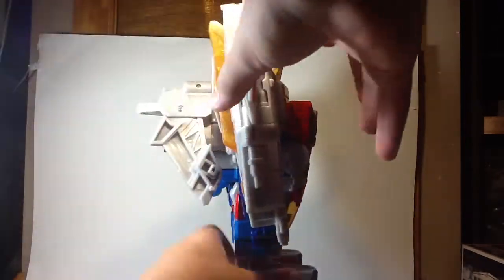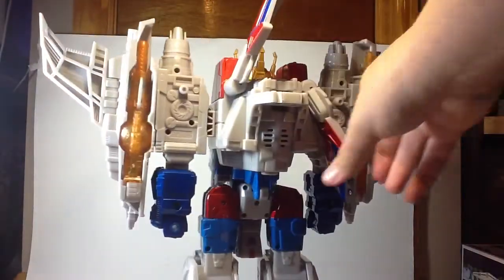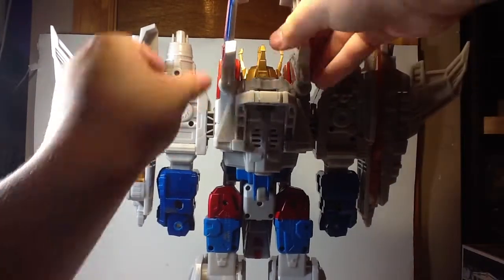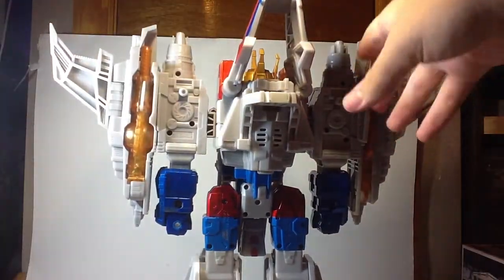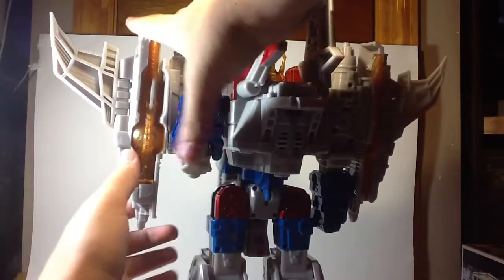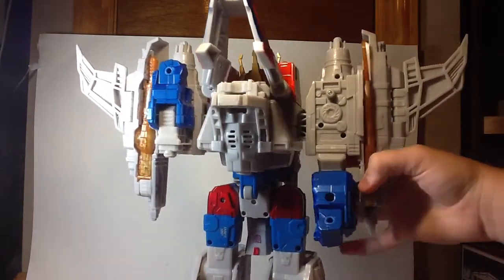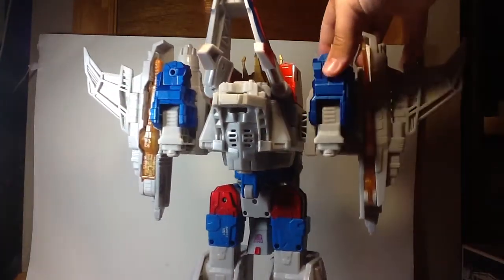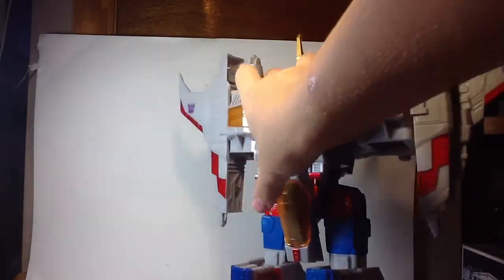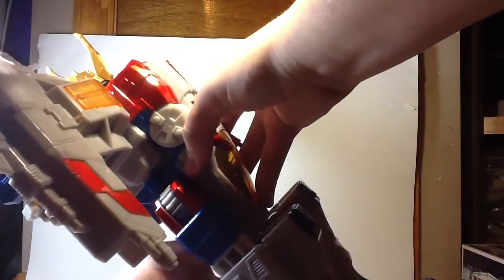So what you want to do first is come over here to the back and take these, and you can rotate those up, and those will just plug into each other like so. You can see those plugged in, and then you want to unclip this section from the arms, and then they'll clip up back there, kind of like an exchange, unclip in one spot, but you're clipping it in another spot, like that, and then you flip it around, and then you can take this piece from back here, if you can get it, the nose cone,